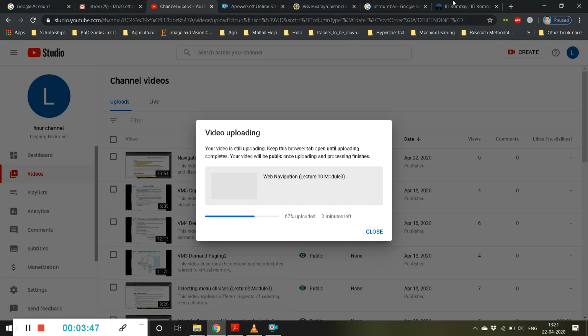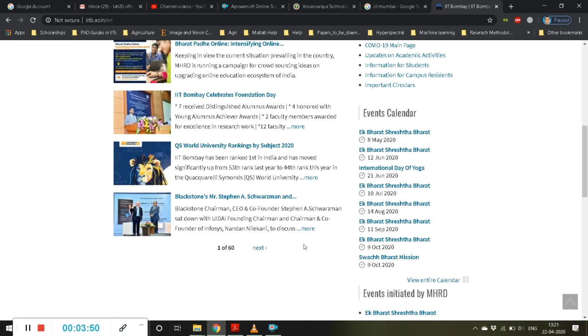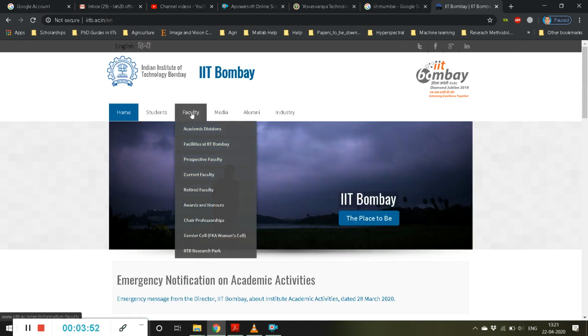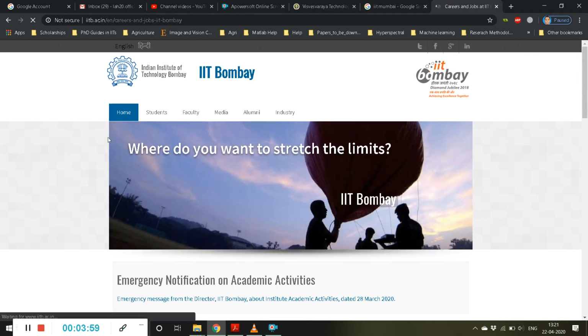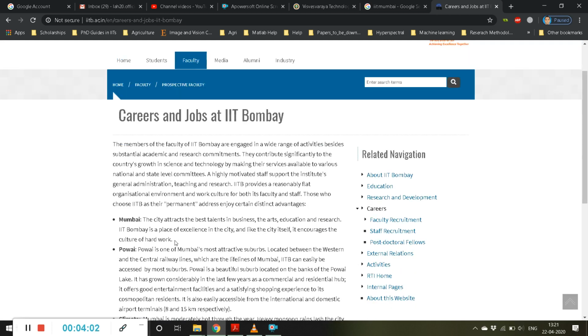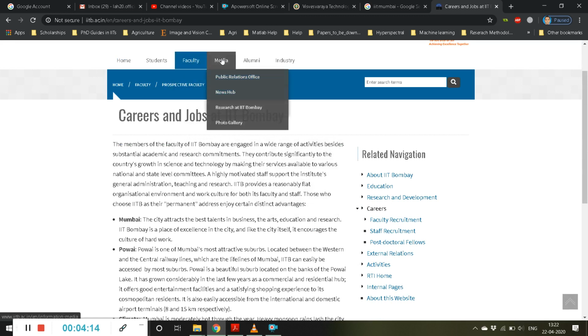So for example, we will again go and see how exactly the information will be listed here. You can see the next level of menu, careers at IITB. See here, home, faculty, prospective faculty. Now suppose I directly want to go to the media. The user should be provided a provision to directly go to the media.